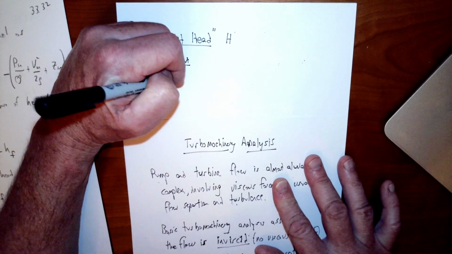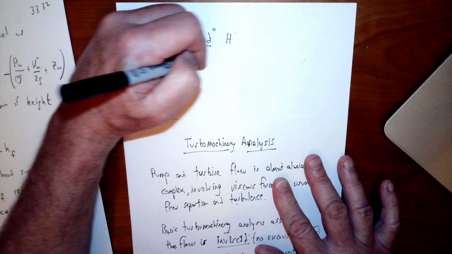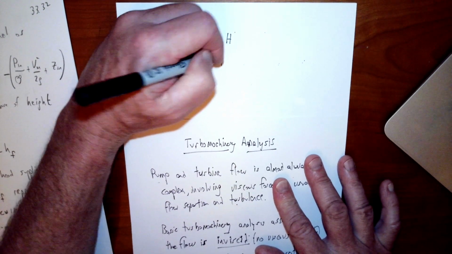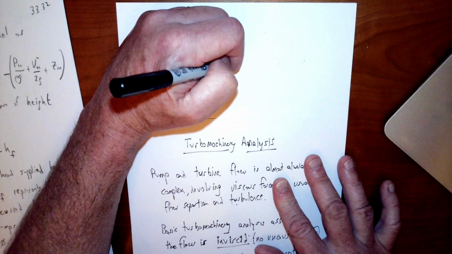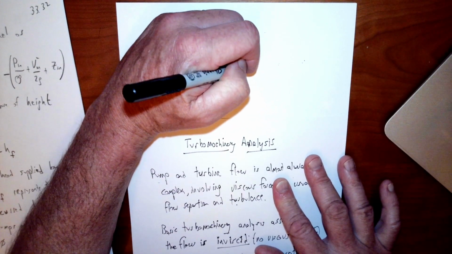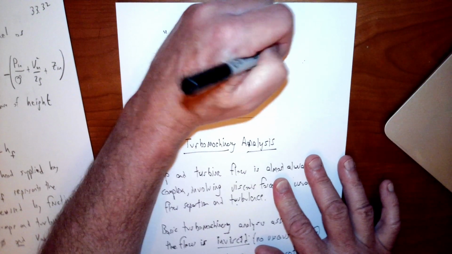So it's P out over rho g. I'm just dividing everything by rho g because that's what people do for calculating head pressure and head energy. And so z out here, and then minus